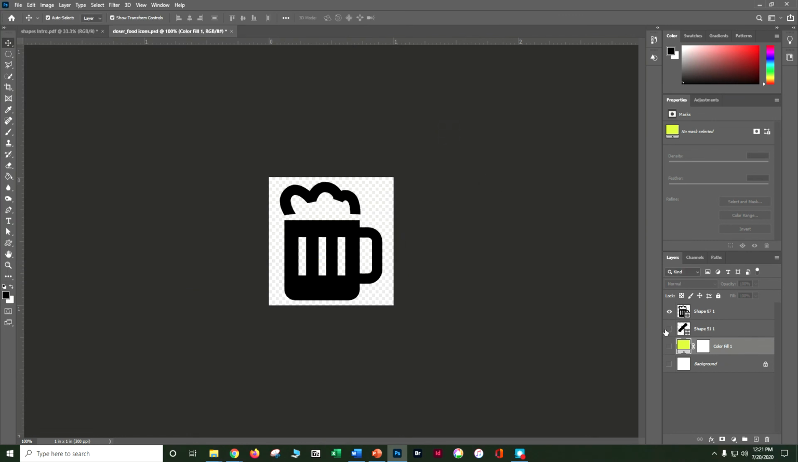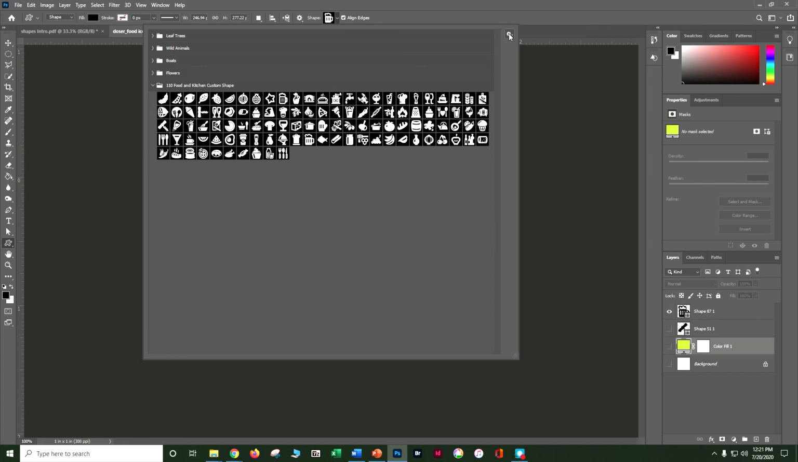So for this assignment, what you're going to do is go ahead and create 5 different food icons, 5 different types of icons. There's a lot of different ways you can get other shapes. I've given you a bunch in Canvas. I'm in my custom shape tools. You can always go in here to your